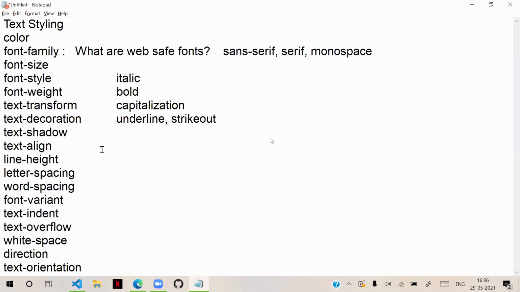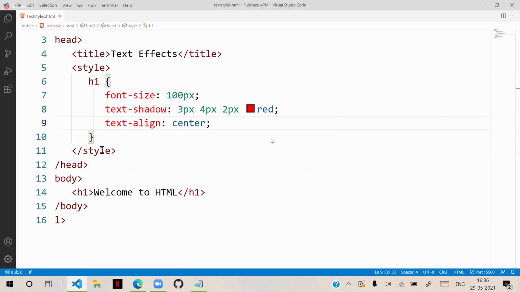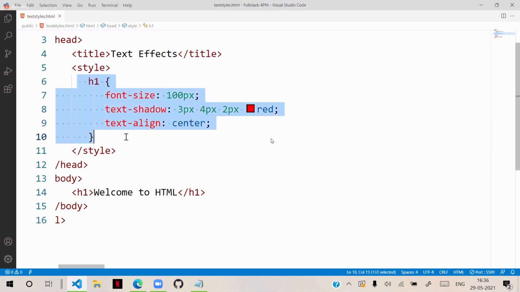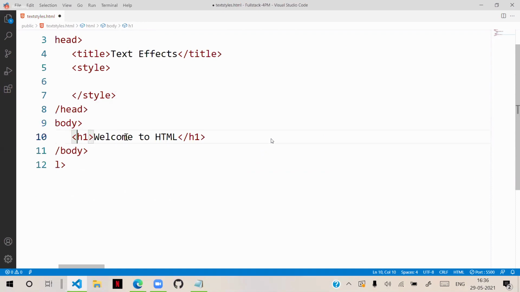Okay. Next, line height. It is used to keep some space between the lines, especially when you are dealing with paragraphs or ordered list, unordered list. We can keep some space.